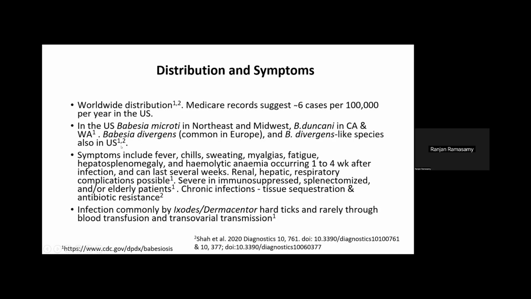The symptoms are fairly non-specific. They include fever, chills, sweating, myalgias, and fatigue, very common in other tick-borne diseases as well. Hepatosplenomegaly and hemolytic anemia also occur in babesiosis 1 to 4 weeks after infection, and they can last several weeks until resolution. Hepatic, renal, and respiratory complications are possible, and the disease is severe in people who are immunosuppressed, who've been splenectomized for various reasons, or